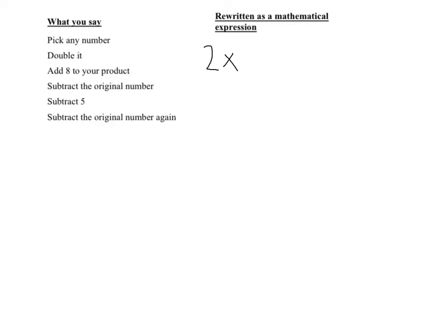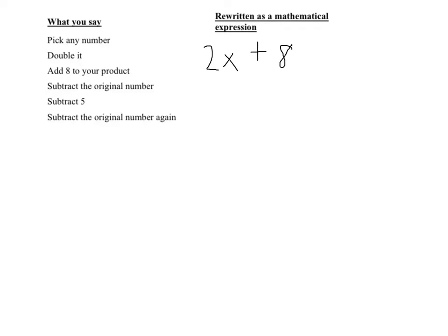So I have 2 times x now, and then I'm going to add 8 to my product. Now technically, I could have parentheses around this 2x here, but because multiplication bonds those two quantities together, I don't need to write them. You could if you choose to, but you don't have to. So I'm just going to add 8 to my product,